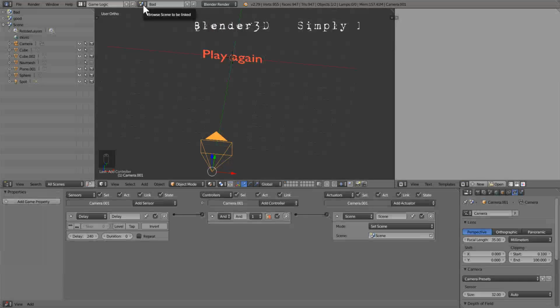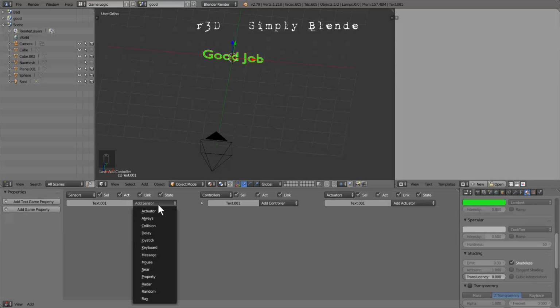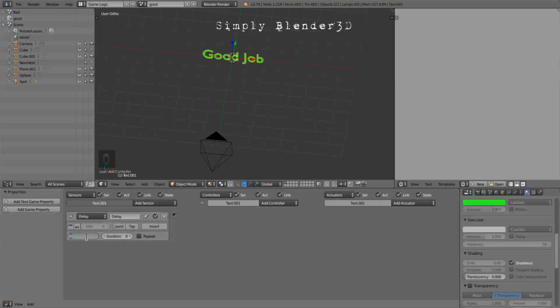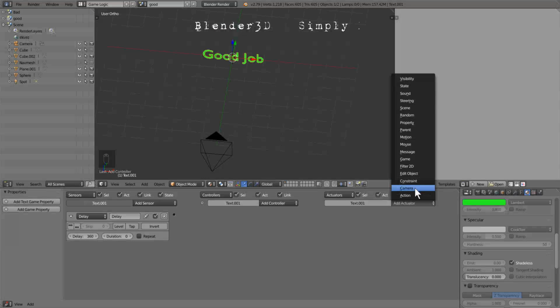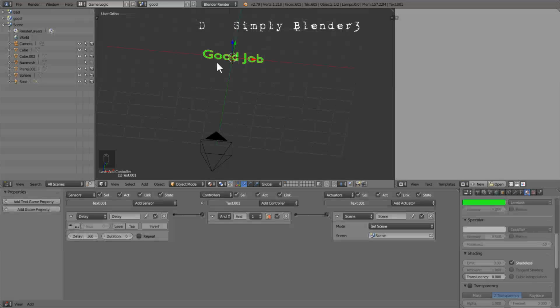So let's go ahead and go to the next scene here, which would be good. And because that's a win type scenario, we're going to do add sensor, and we're going to go to delay, and we're going to set 60 for 60 milliseconds for 1 second. So 60 times, and we're going to do this a little longer. So 6 seconds. Hit enter, and we're going to add an actuator, and it's going to set the scene, and it's going to set scene to scene, and connect the noodle, and right click the